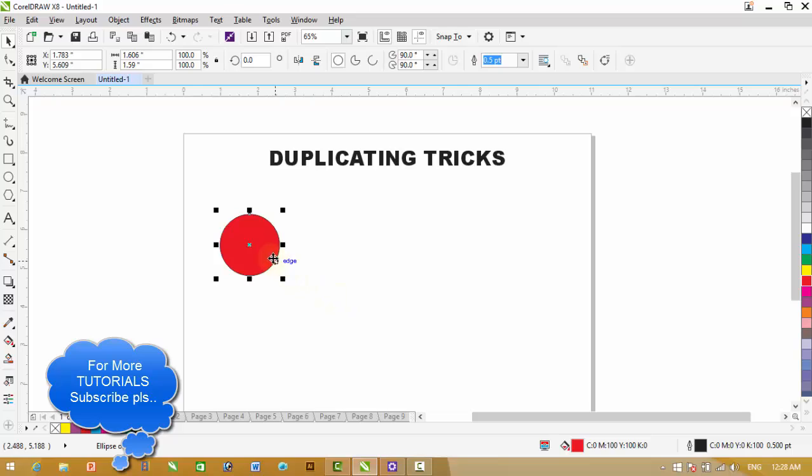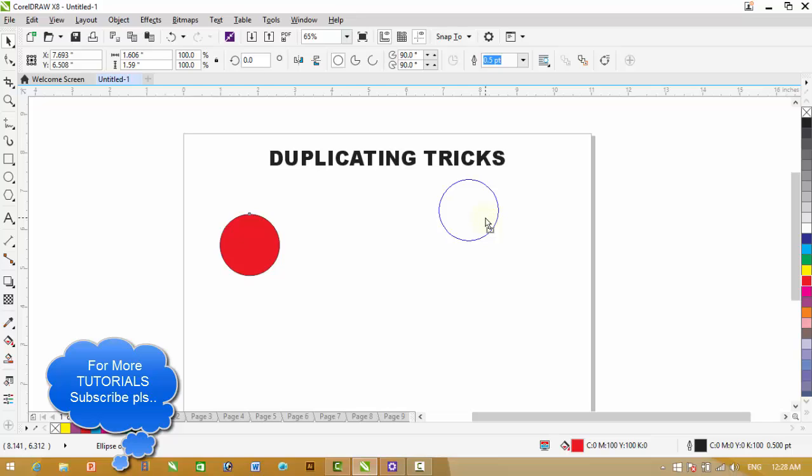select this object, now drag this object where you want to create a copy. For example, I want to create a copy of this object here. Now, before releasing the left button of the mouse, press the right button of the mouse also, and you will see that a plus sign has appeared.